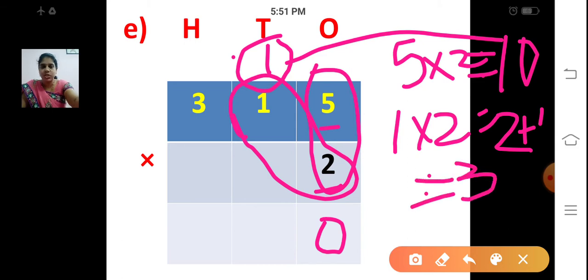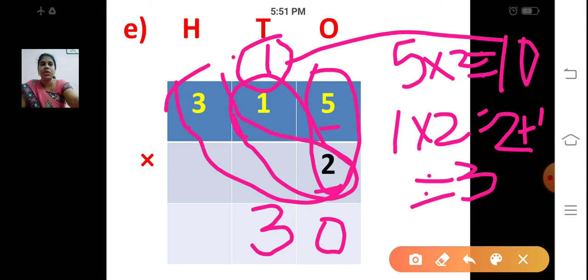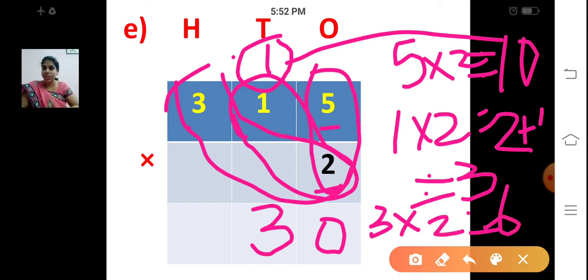2 plus 1 is 3. So, write it down here. Next, we have one more place here, right? Now we are going to multiply the digit at the hundreds place by this 2. So, third step, 3 into 2. 3 2s are 6. So, write down 6. So, the answer is 630.